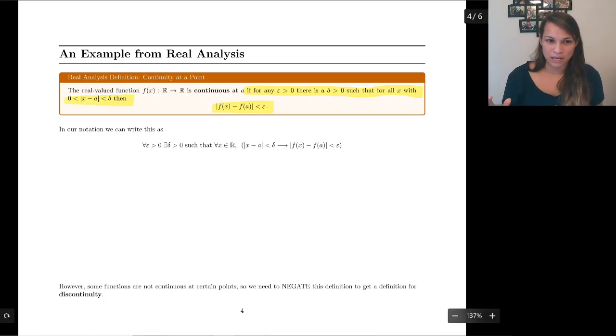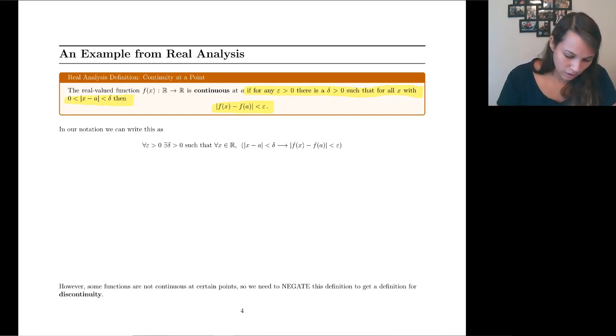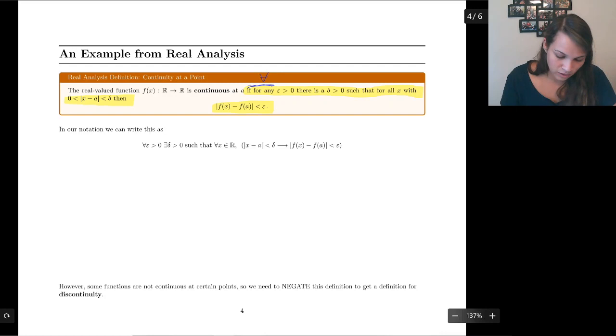This is just, we want to play with it. I'm going to condense it down to our notation. So we've got right here, this is for all epsilon greater than 0. So there we go, for all epsilon greater than 0. There exists delta greater than 0. There he is. Such that